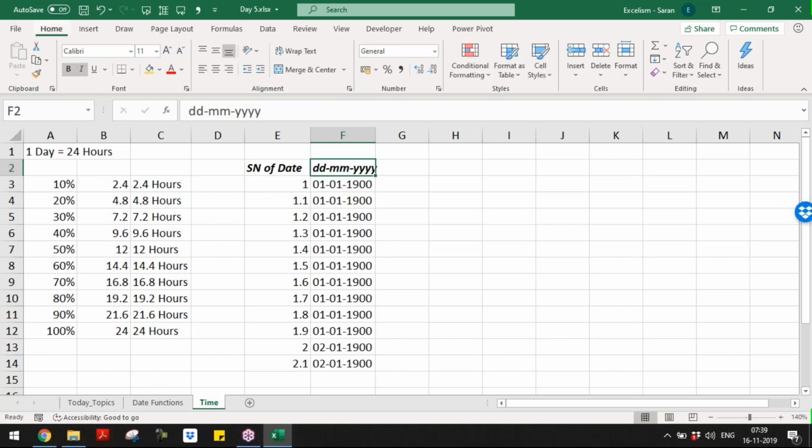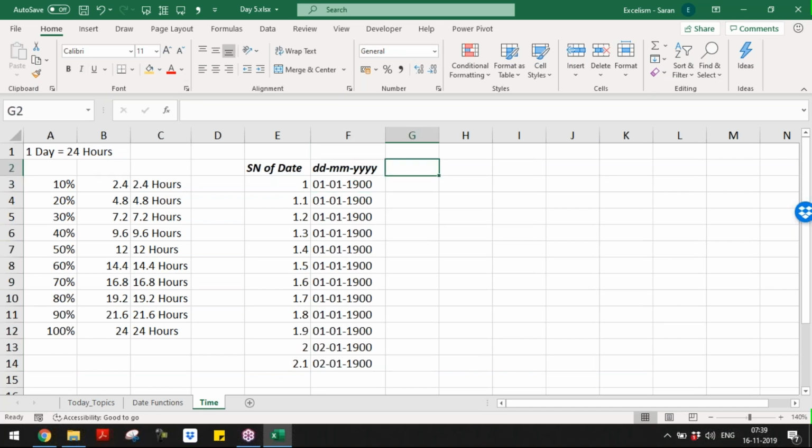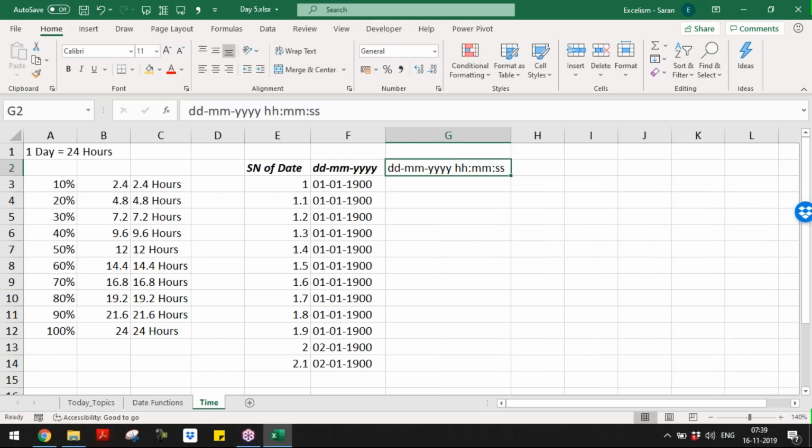For example, now in the TEXT function, I'm also taking dd-mm-yy space hh:mm:ss. Do you remember in our digital watches we find this type of clock format, right? This type of time format, hh:mm:ss. Don't confuse.